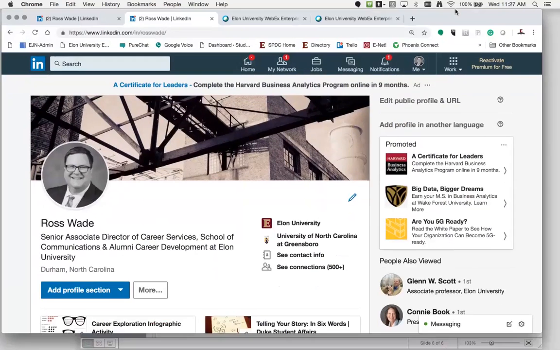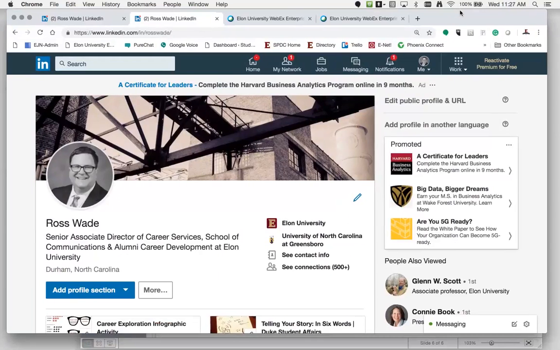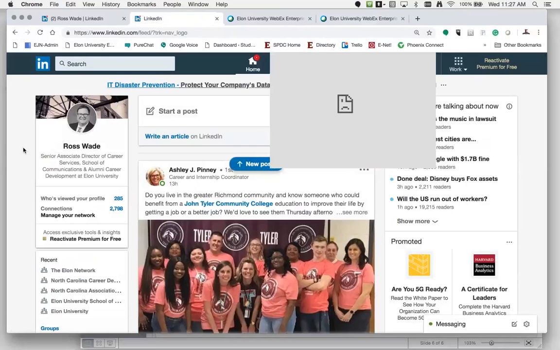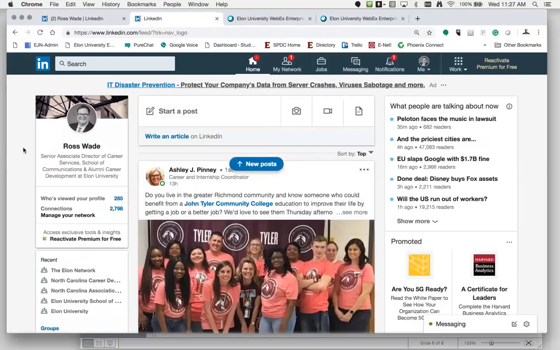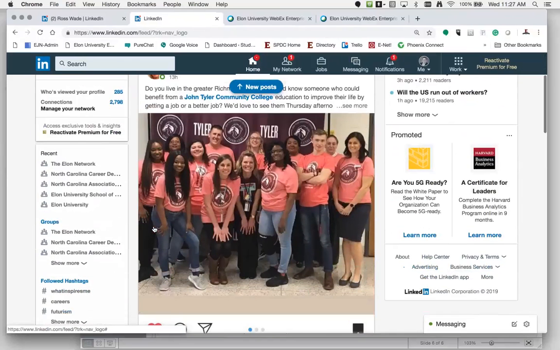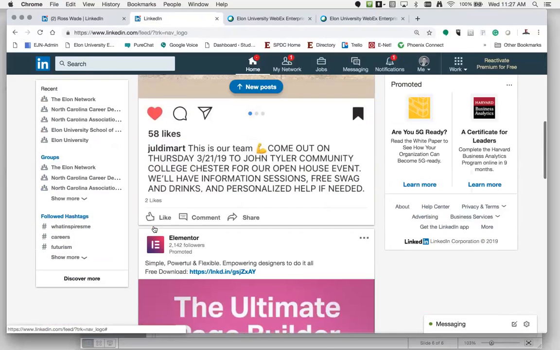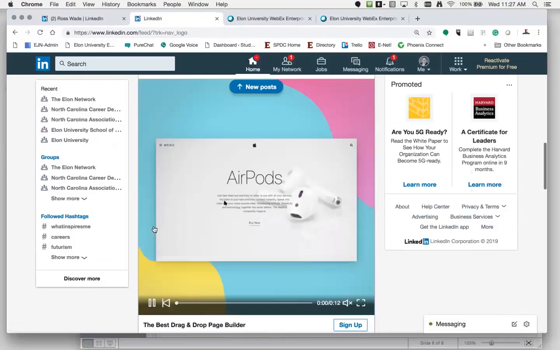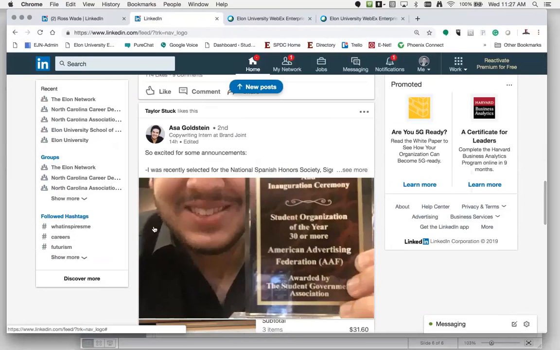All right, so now I'm going to get to my favorite part, and that is the networking piece and the self-marketing piece. So I'm going to go to my homepage, and as I mentioned earlier, it's like Facebook, or really any social media platform where you have your homepage and there's a news feed. So it's showing me what all the people who I'm connected to, my first degrees, are doing. And also, if a first degree comments or likes something, it's going to show me that too. And so it's going to show me second degrees plus more as well.